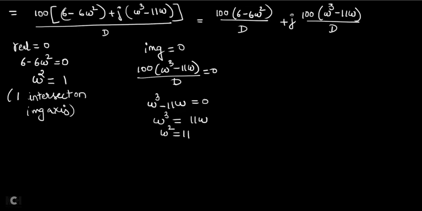So here also you got omega square as a single number. That means I have to write one intersection on the real axis. Why the real axis? Because you equated the imaginary term to 0, so I am going to get the intersection on the real axis. Omega square is a single number, and it is not equal to 0. That is why you have to write one intersection on the real axis.